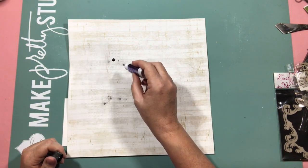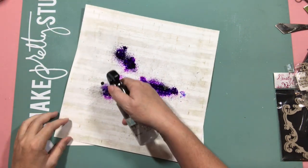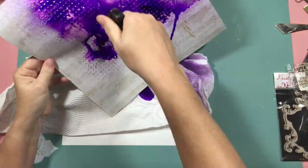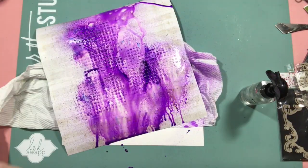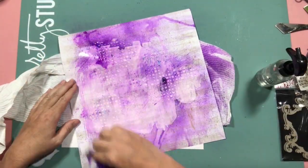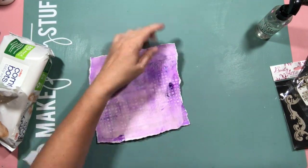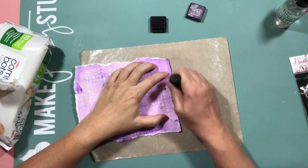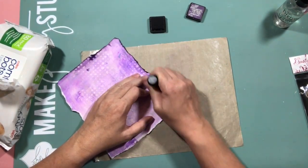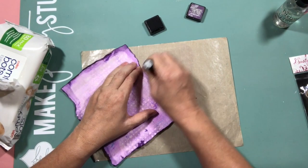Now here comes the dark path that I took. I found some Ken Oliver watercolour crystals and also some liquid metallics, and sprinkled them on, sprayed them with water, and maybe if I'd left it here and let it dry it would have been fine. But here is where I took the wrong path. You can see where the gesso was and it just looks disgusting. But rather than giving in, I thought, what can I do? Started ripping away, add some more ink. Just keep adding ink and colouring. Probably not my finest moment, but at least